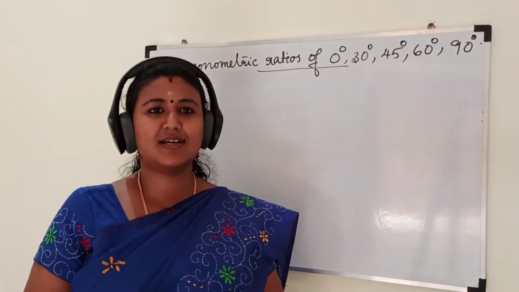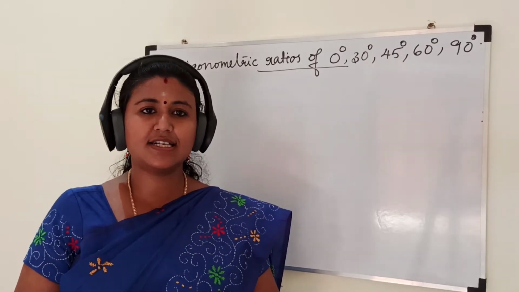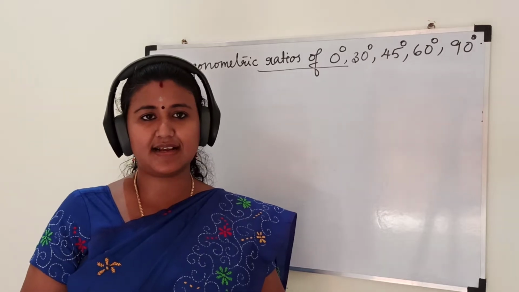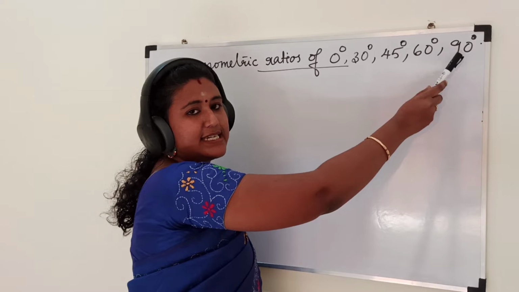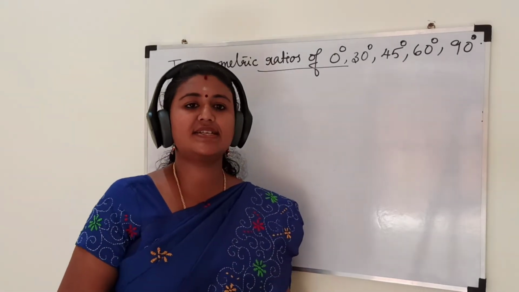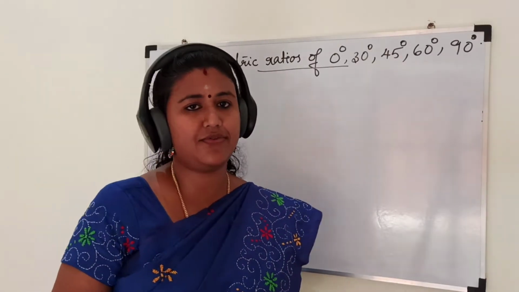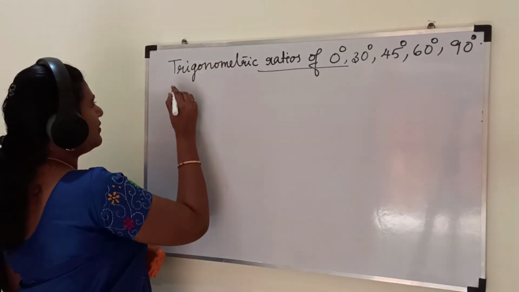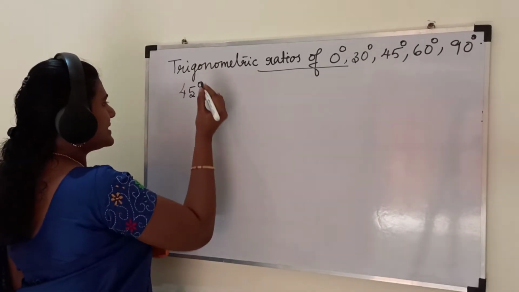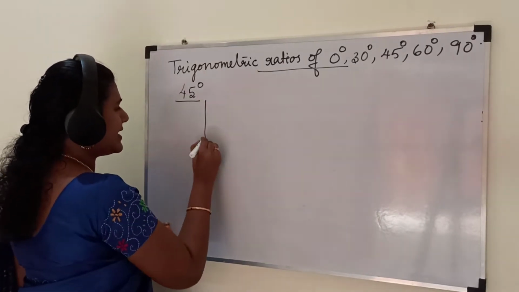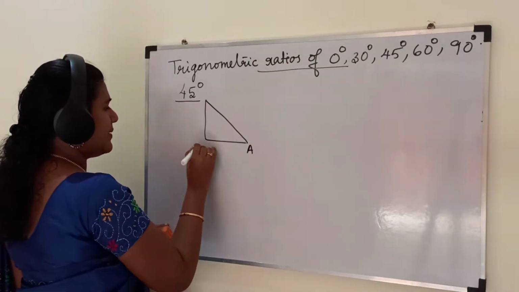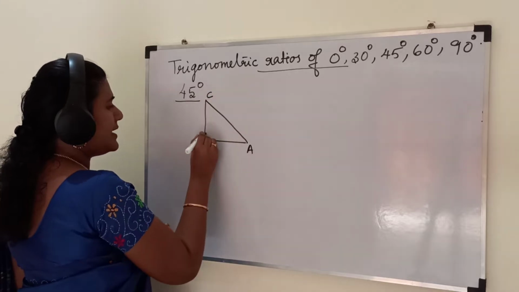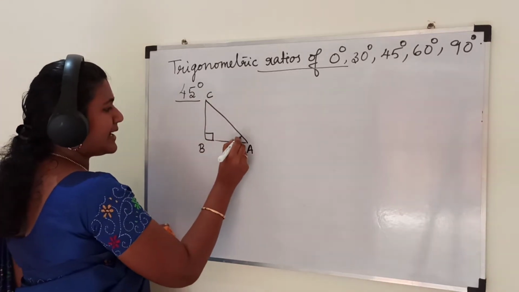Hello students, today in this video we will learn trigonometric ratios of specific angles: 0 degree, 30 degree, 45 degree, 60 degree, 90 degree. First we will see trigonometric ratios of 45 degree. For that, let us consider a right angled triangle ABC. We will consider a right angled triangle ABC with angle B equal to 90 degree and angle A is